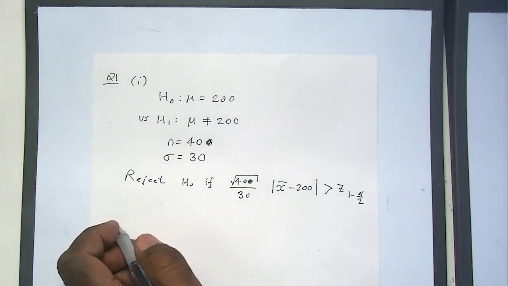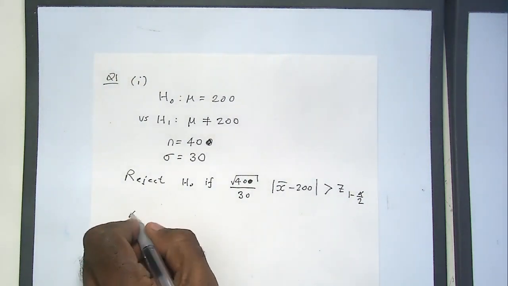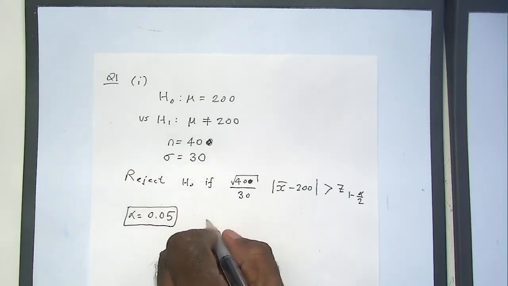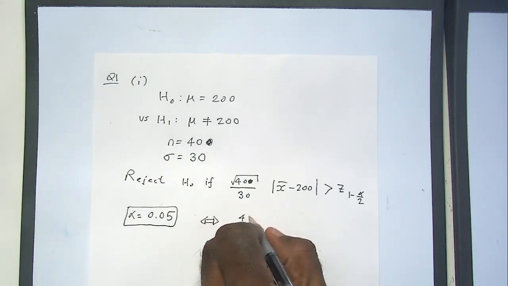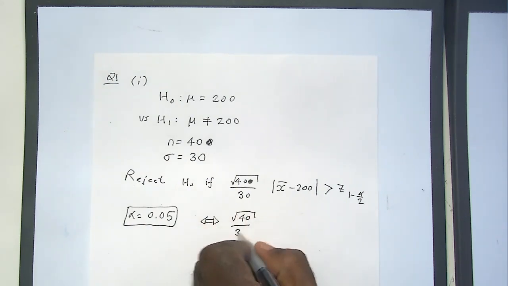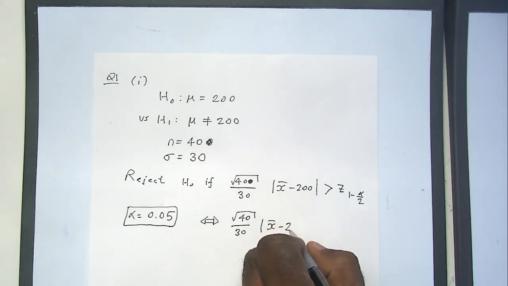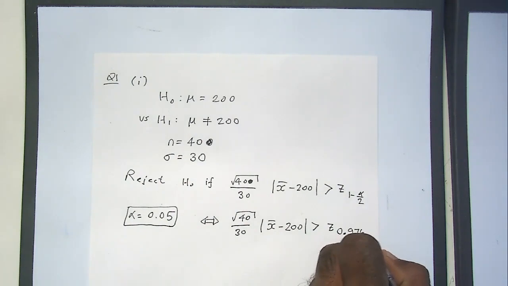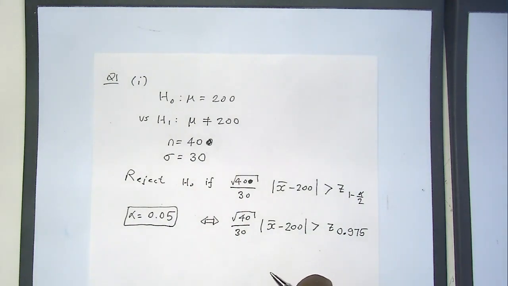Now there are two values for alpha. If alpha is 0.05, then this becomes... Now you got the table in front of you, right? Can you read this please? What is Z 0.975 equal to? 1.96. And if alpha is 0.01,